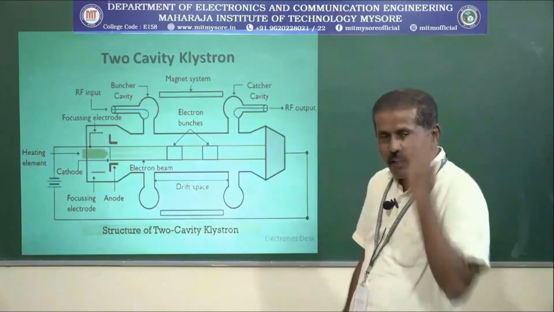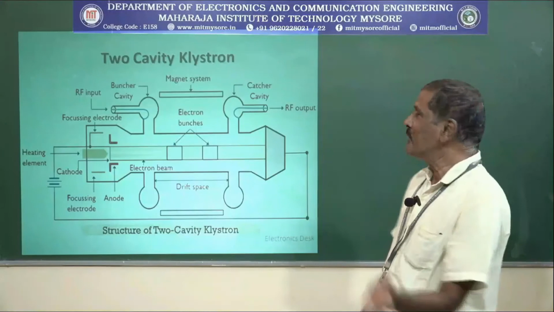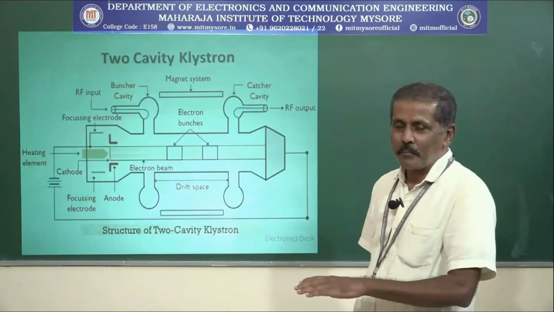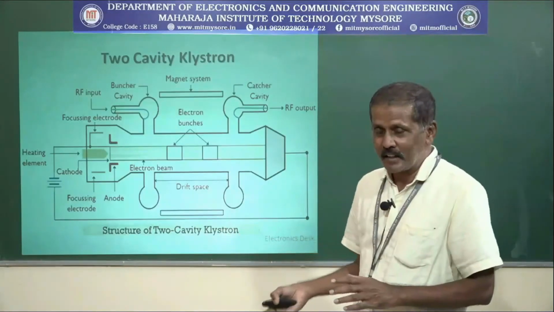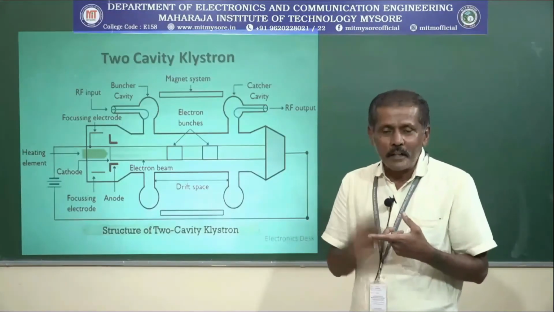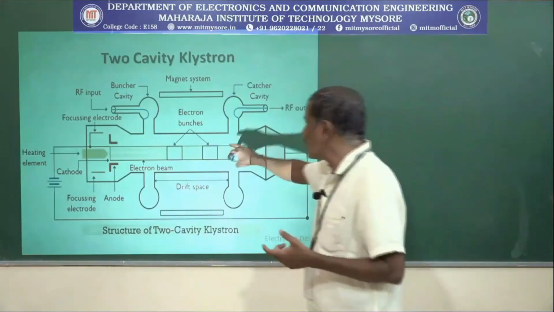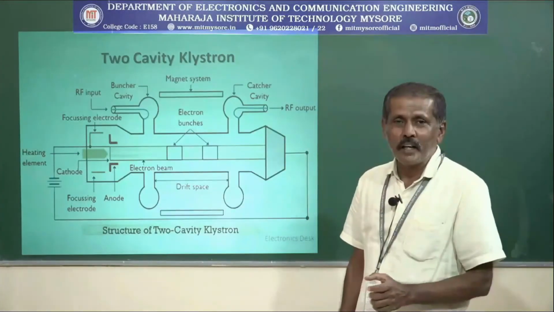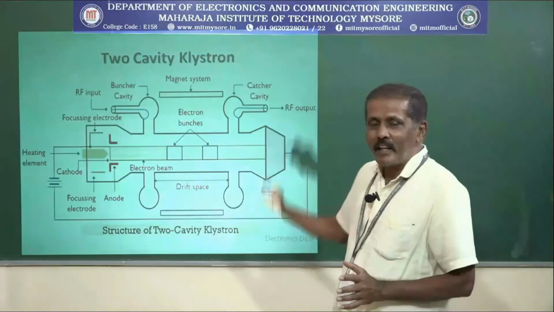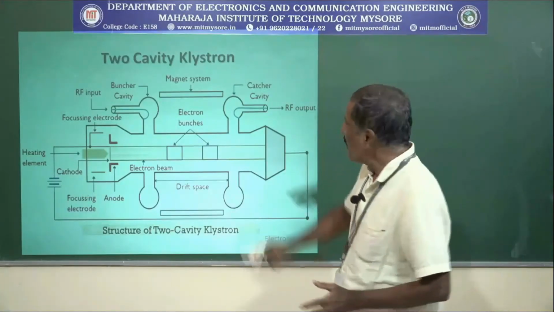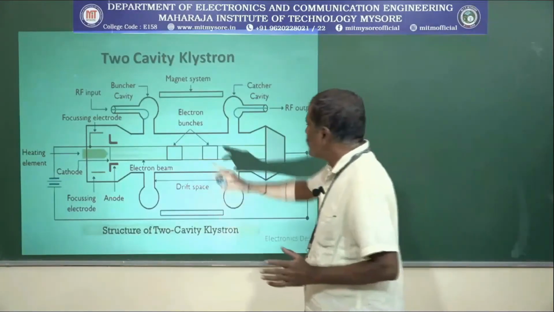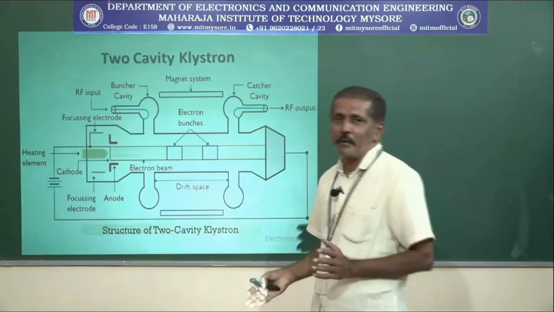Whatever energy they got, they will transfer to the catcher field. When they transfer this energy to the catcher field, the amplified signal strength increases. One more factor you have to remember is that we get maximum amplification when the energy transferred by these electrons is more than the losses occurring in the tube. Remember, in any device certain losses are there, and here also, but to overcome that loss, these bunched electrons will transfer the energy.